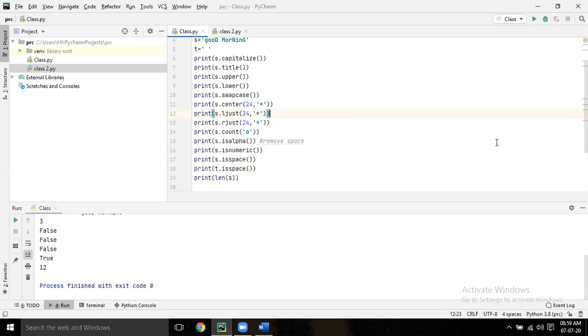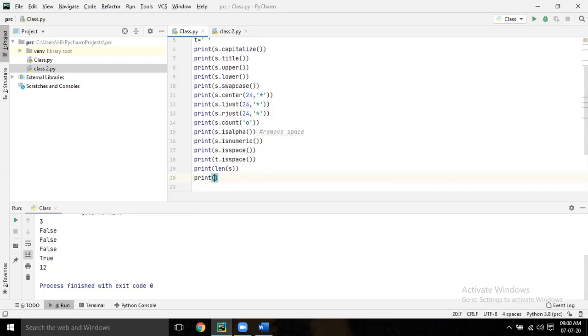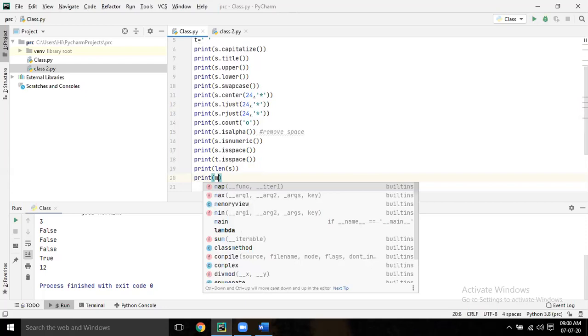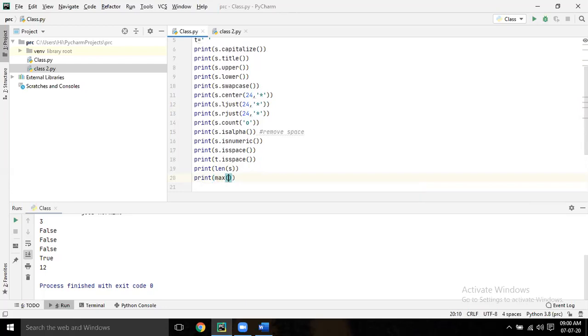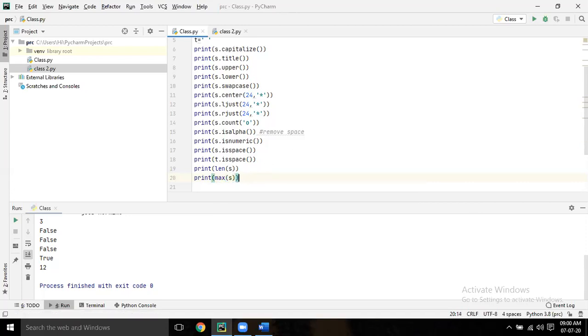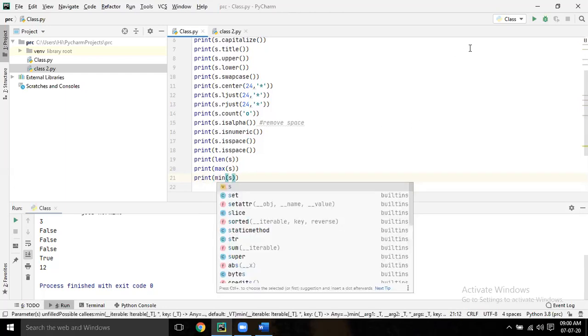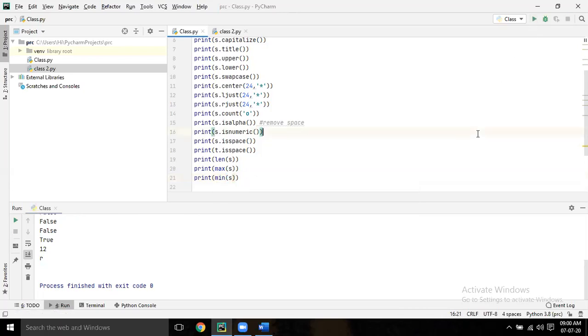Like that, max and min are also there. Print max of s, min of s. How will it calculate?